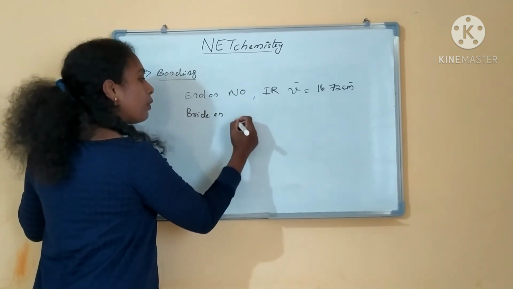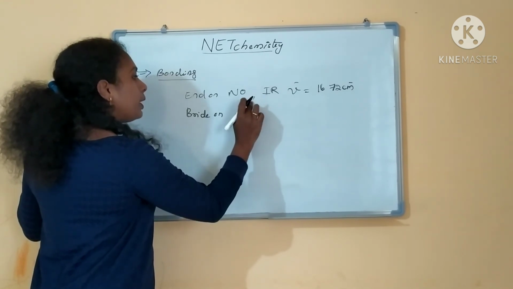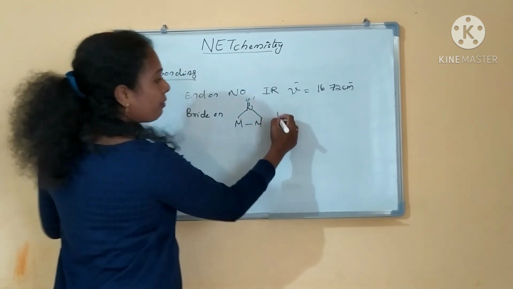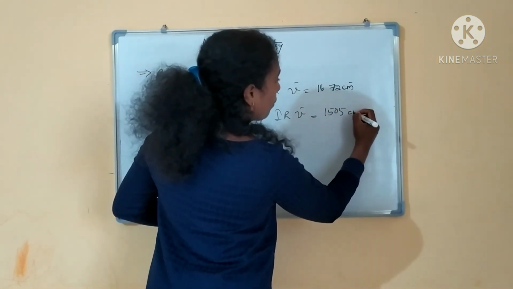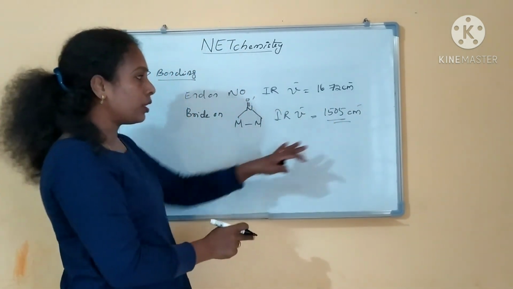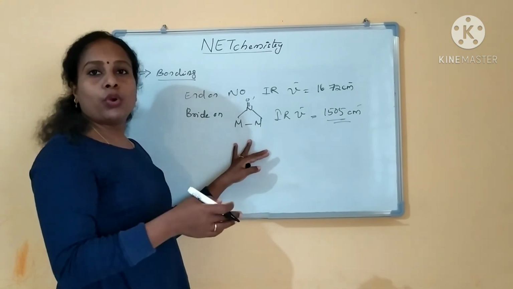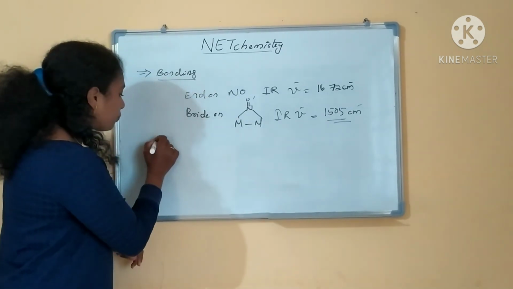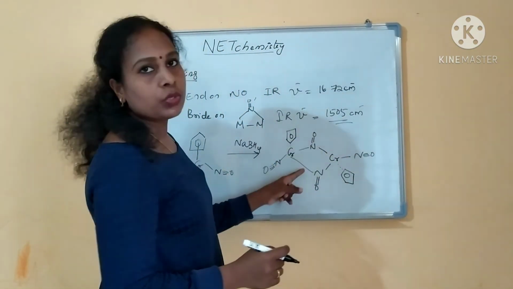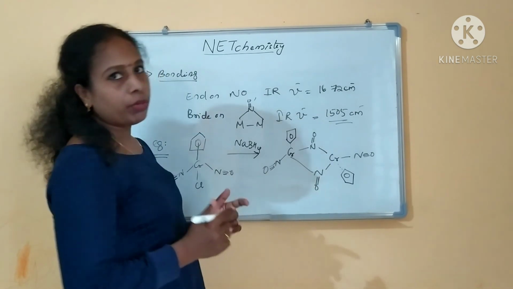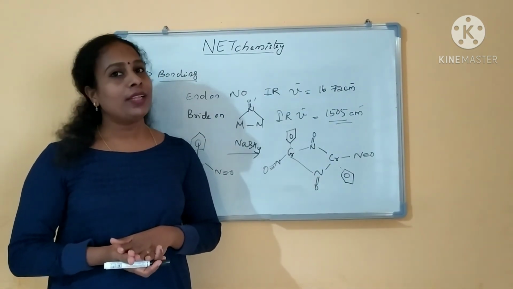If you see bridging nitrosyl, it means the metal and nitrosyl come like this, right? Nitrosyl will come like this. So if this is the case, the IR vibrational frequency will decrease, to 1505 cm inverse. This much it will be reducing. From this experimental observation only we predict whether the nitrosyl is end-on or bridged. One very good example of a bridged nitrosyl complex we will see. If you see this complex, it is an example of a bridged nitrosyl complex. So this is all about the nitrosyl ligand. Hope you understood it well. To be continued. Thank you for watching.